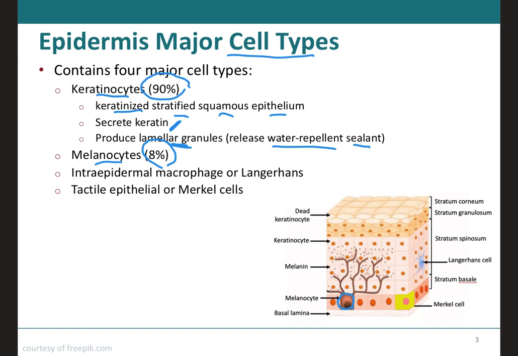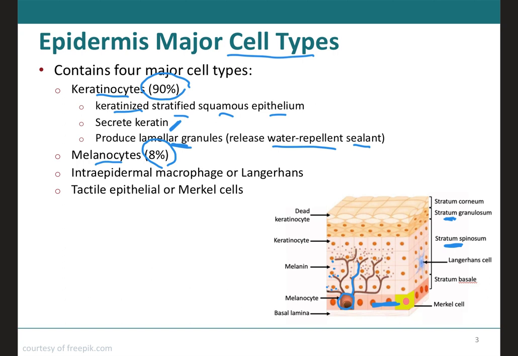So they're going to be present in the first cell layer. But notice how they will have projections that will go up definitely until the stratum spinosum. But sometimes in individuals that have darker skin, they might get all the way to the stratum granulosum. And the melanin that they secrete, which is represented over here by these little dots, they're going to be phagocytized